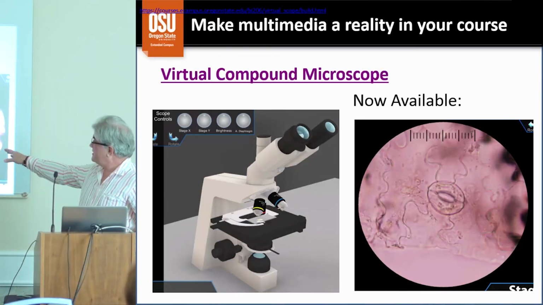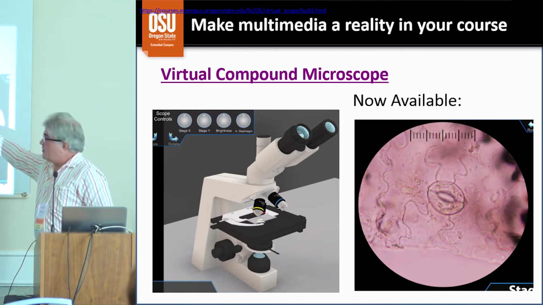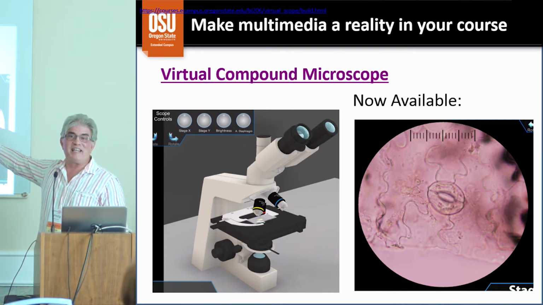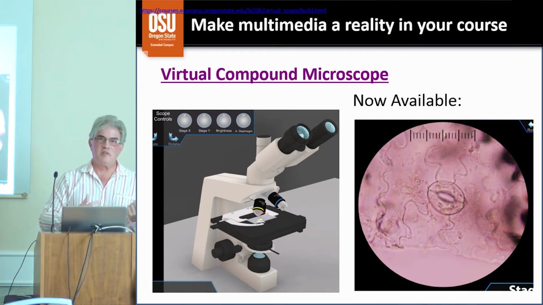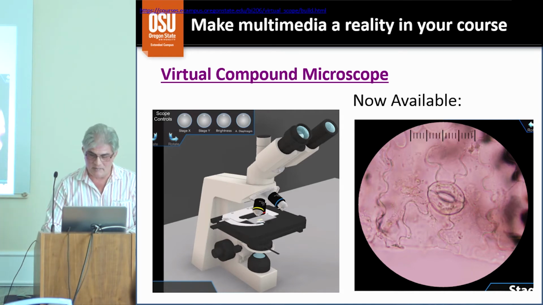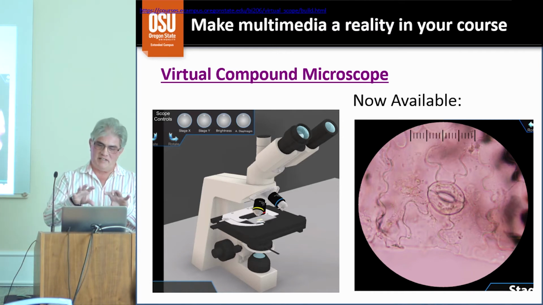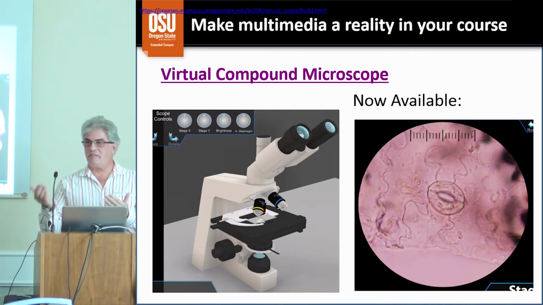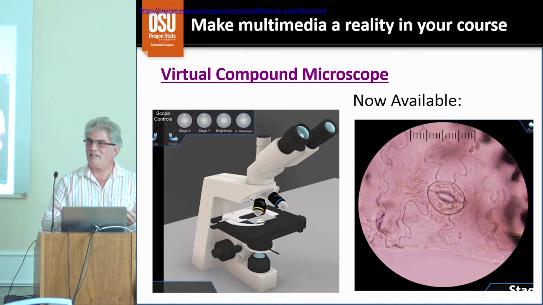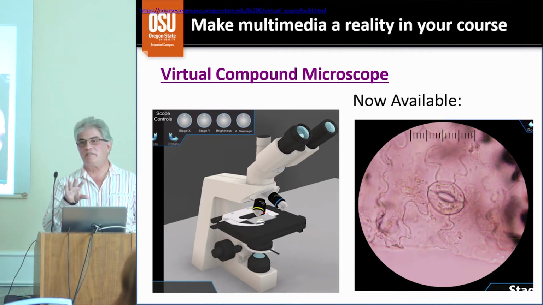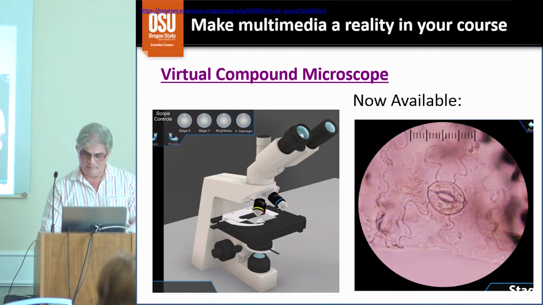Essentially, in this field of view, what we're looking at here are plant cells from a lettuce leaf. And the student can focus in on that. We're now also developing some views of bacteria and fungi and other types of microorganisms that can be used. Now that the shell is put together, we can take a series of photos of any object under that microscope and then place it into this program, and then the student can manipulate that and look at it.